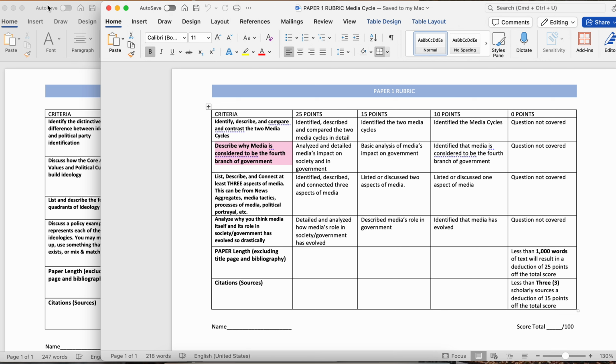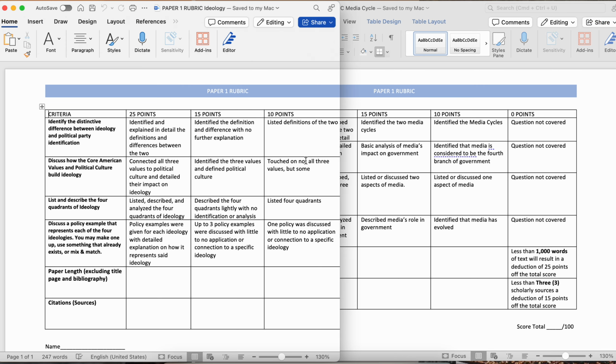If you have issues either with APA format or with understanding what I'm asking of you, like what this question means, email me. I will also take rough drafts, and I will grade your rough drafts on the rubric, which means I will take off points or give you points, and then give it back to you, graded, and tell you exactly where you're missing points and what you should fix or edit or change or add to get those points back. So I will take rough drafts